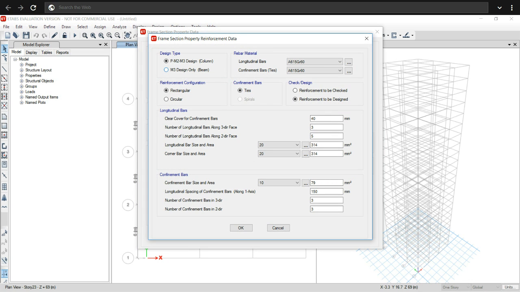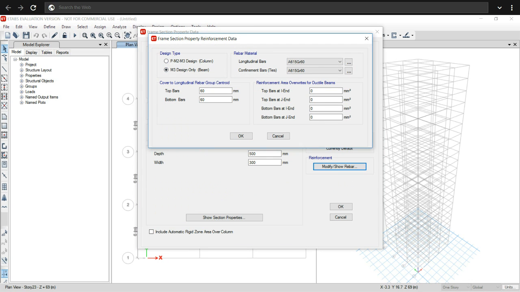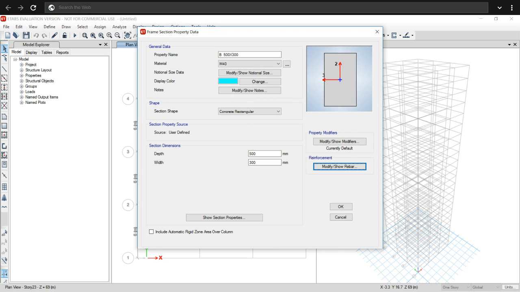Go to the M3 design, which is only for beams. Longitudinal bar we will change to HYSD, and confinement bar as mild, and we will change the top bar cover to 25 mm and bottom bar cover to 25 mm as per the Indian standard. We will choose the cover of bar and click OK, then OK.